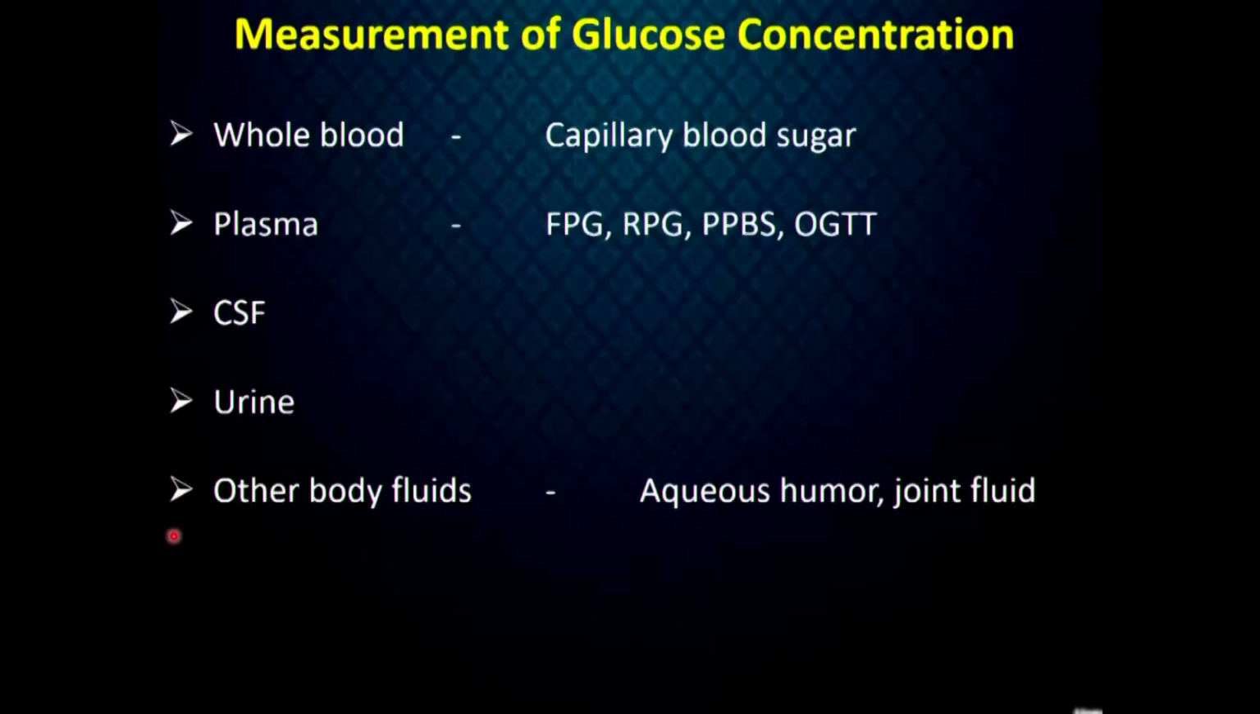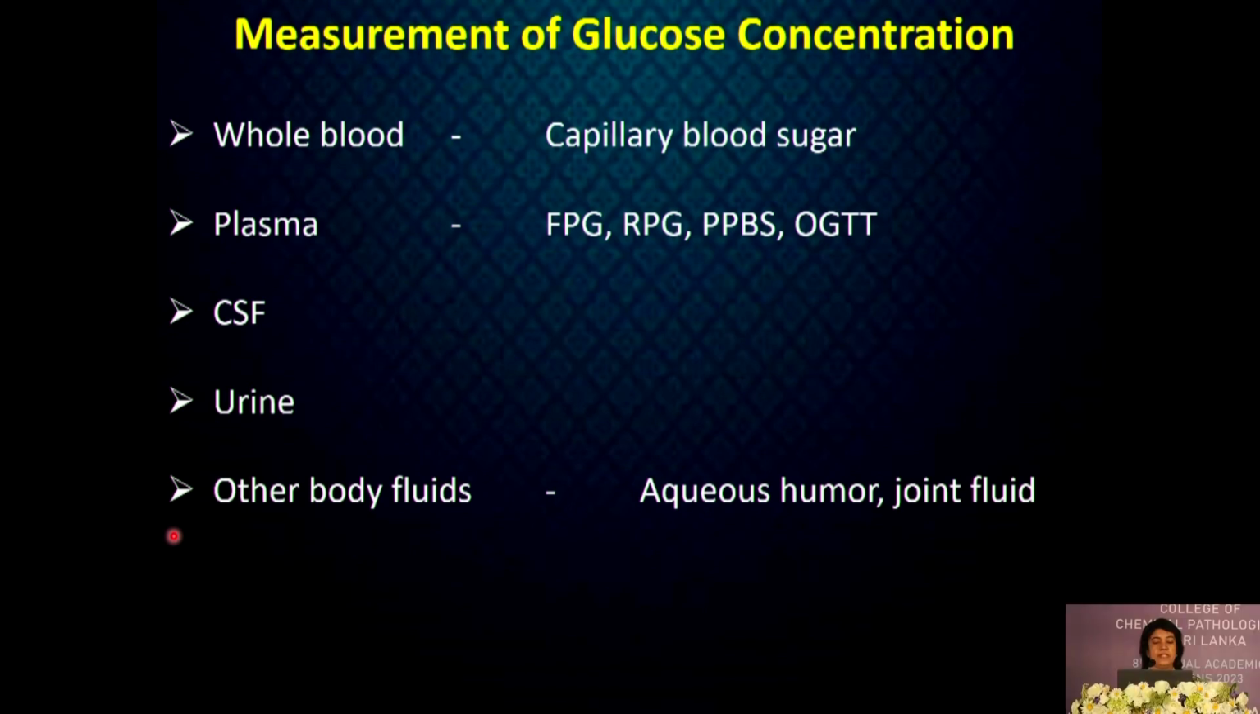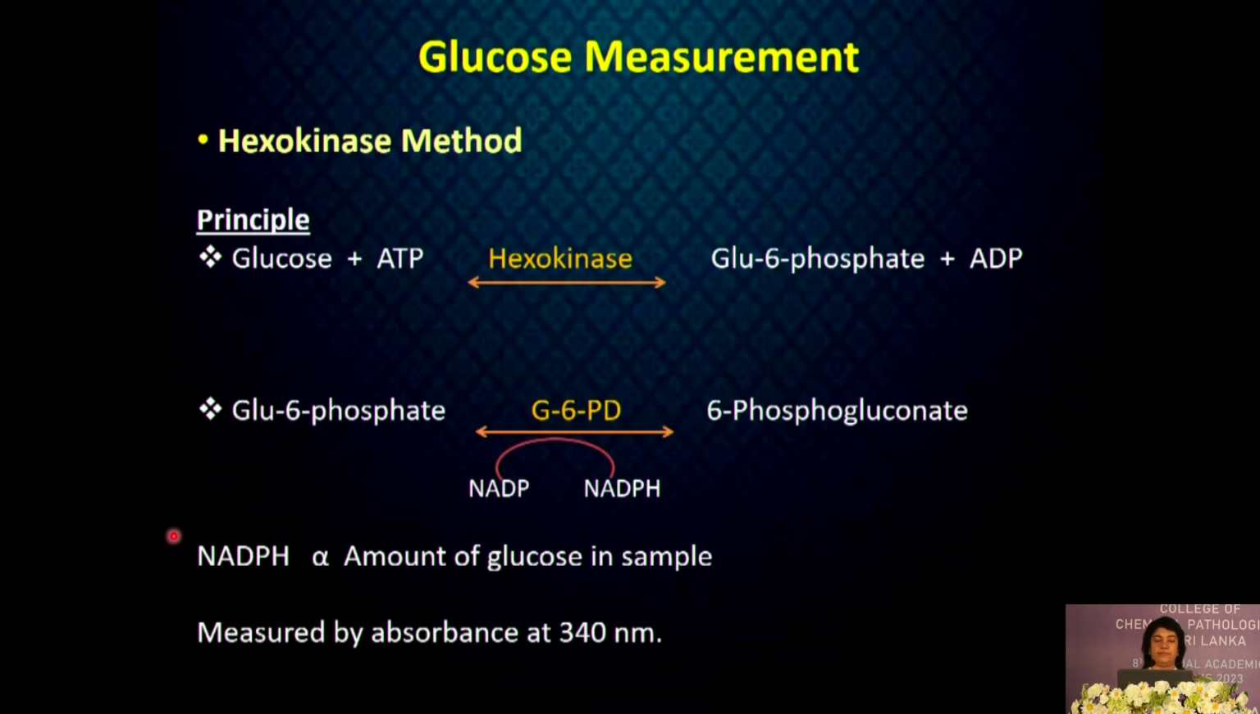Glucose can be measured in whole blood, plasma, CSF, urine, and other body fluids including aqueous humor and joint fluid. There are various methods of measuring glucose in body fluids. Among them, enzymatic methods such as the hexokinase and glucose oxidase methods are widely used. When we look at the hexokinase method,